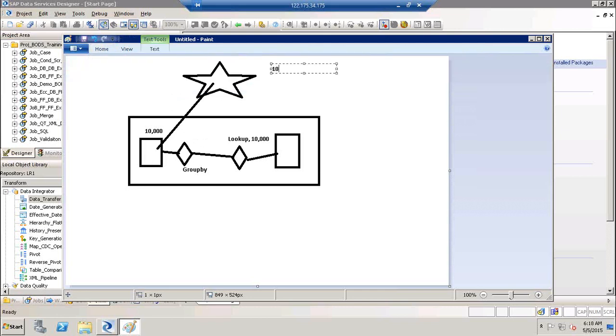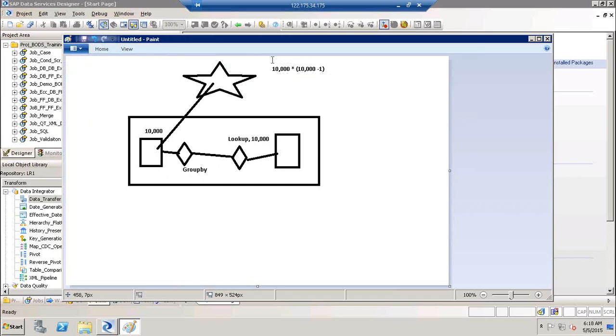So first set is 10,000 into 10,000 minus 1. Because when you try to do a group by, the first record will compare with all the remaining, the second with all the remaining, the third with all the remaining, and if they find identical records, they will bind them into a group. Now